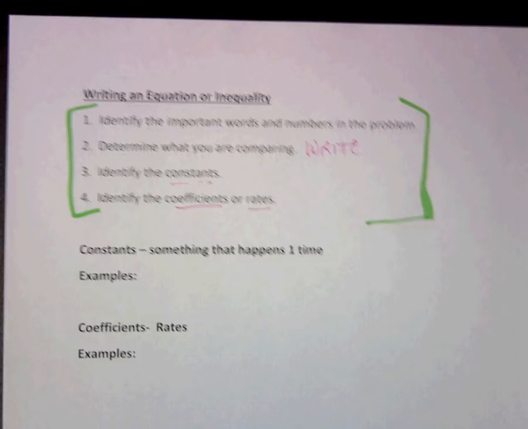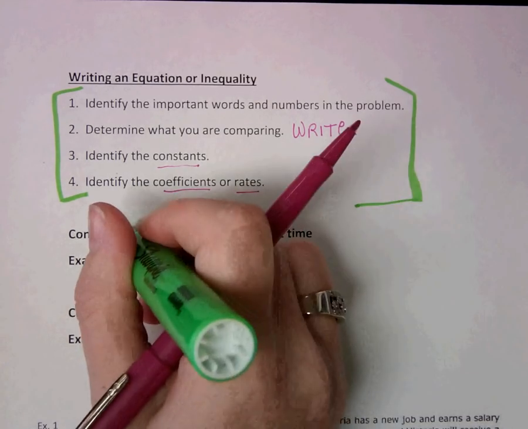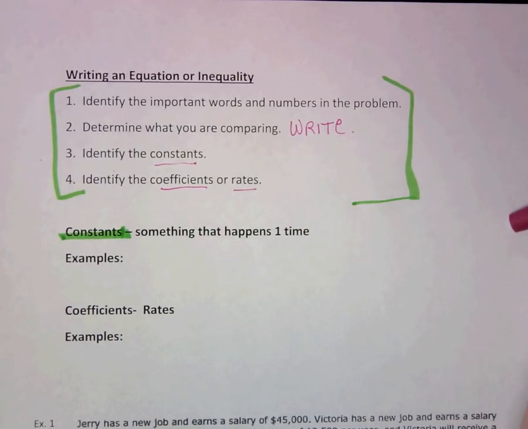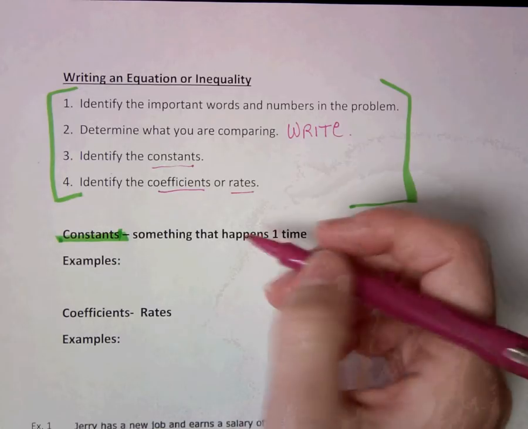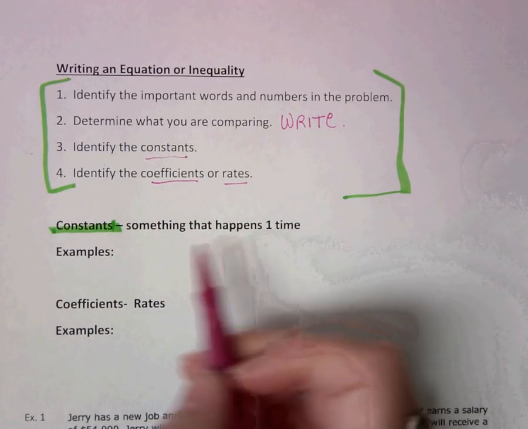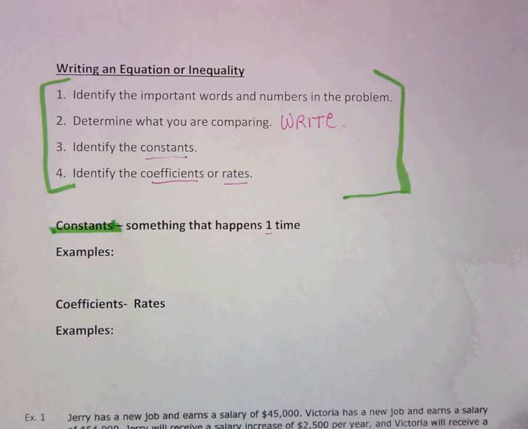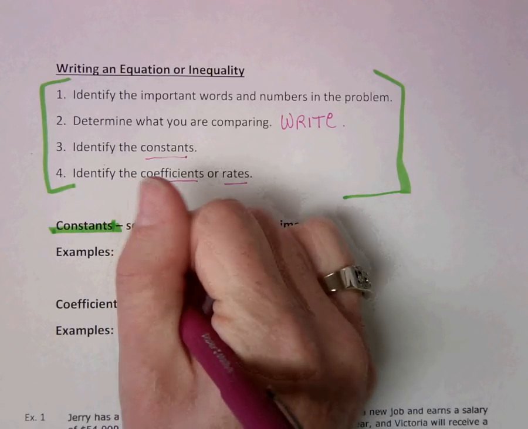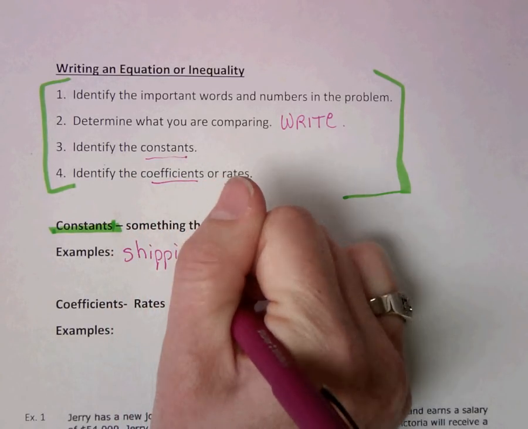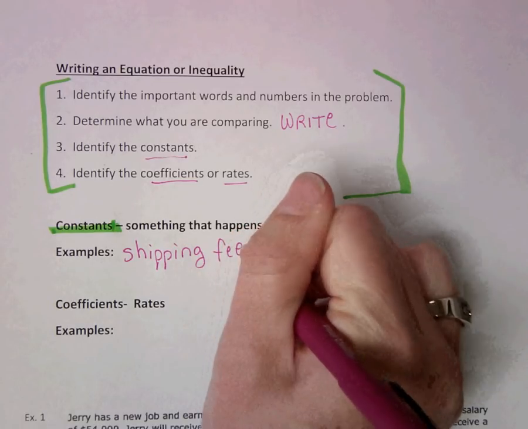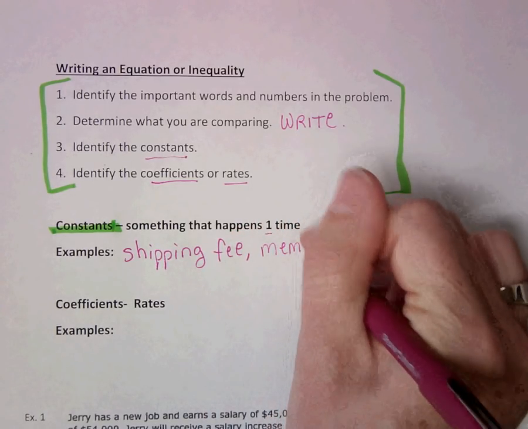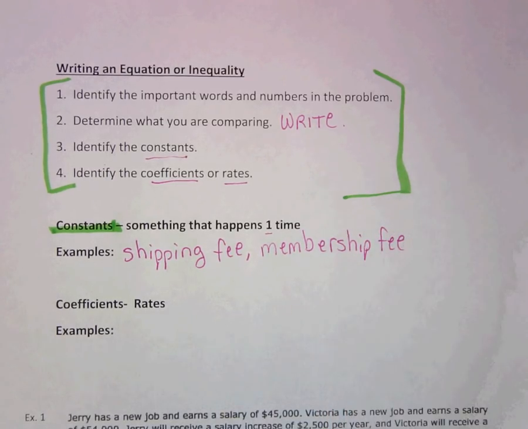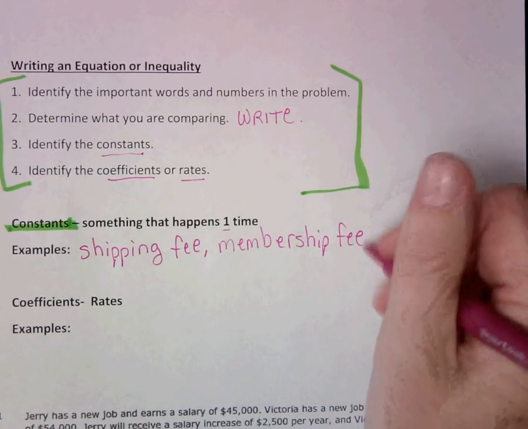So the first thing I want to talk about is what are some examples of constants that you might see in a problem. We know a constant is just a number. In this instance with words, it's something that happens one time. An example would be if you are shipping a package, a lot of times you have to pay a one-time shipping fee. Or if you join a gym, sometimes you have to pay a membership fee just to join, a one-time fee. It can also be a flat fee,